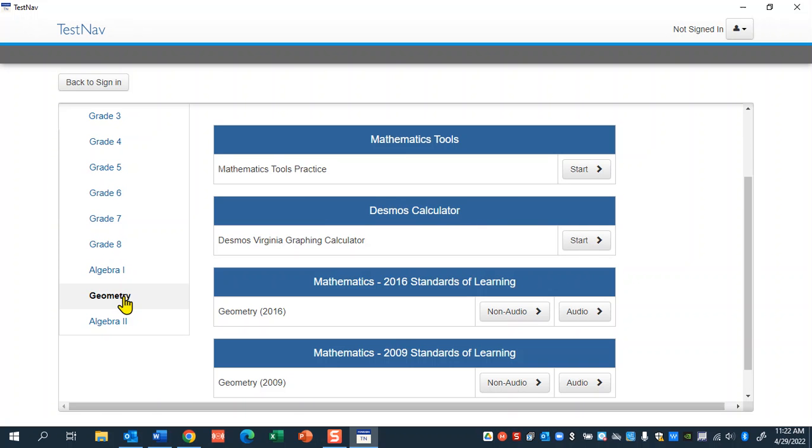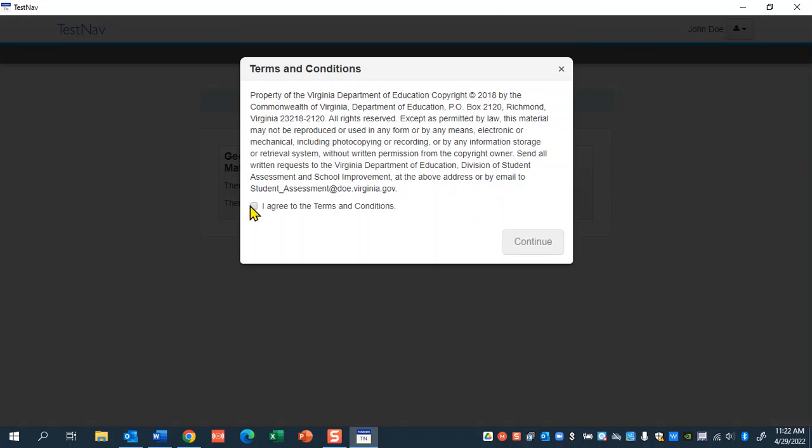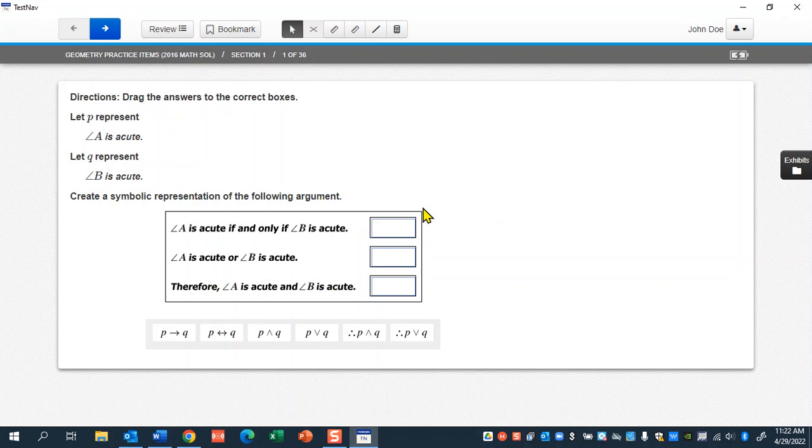mathematics, and we're going to go down and choose geometry. And then you're going to choose the 2016 standards of learning, and we're going to do the non-audio. Am I going too fast? So there's 36 questions in this practice, and you're going to go ahead and start. You agree to those terms and conditions, and then you continue, and then you have to start again. So to me, it's fairly logical, but we want to make sure that everyone ends up